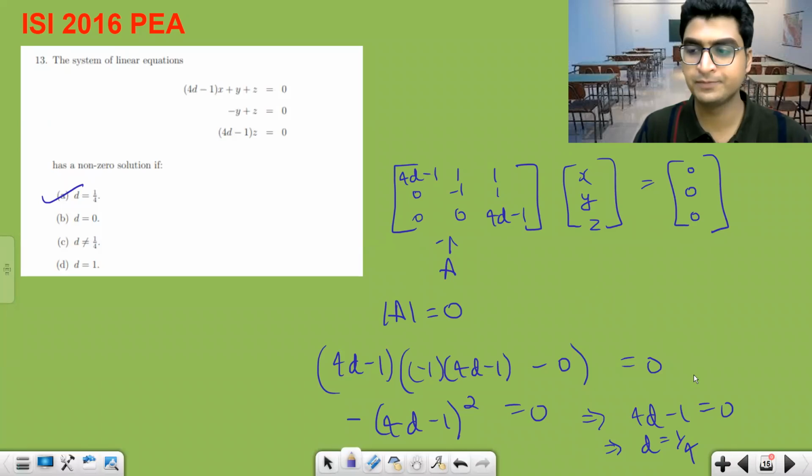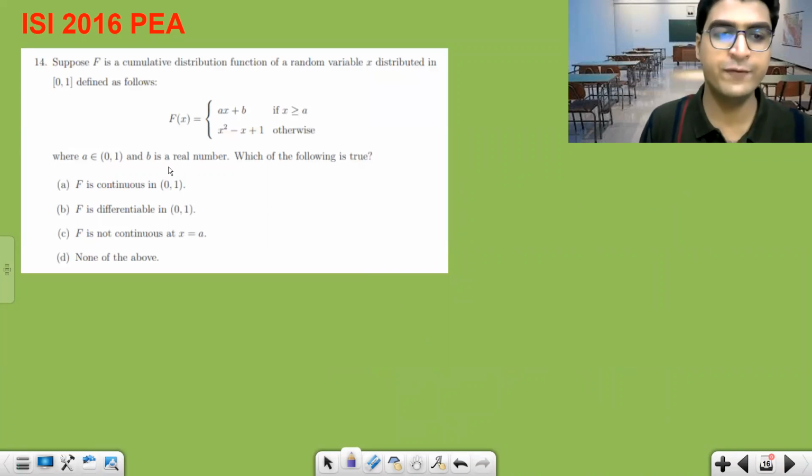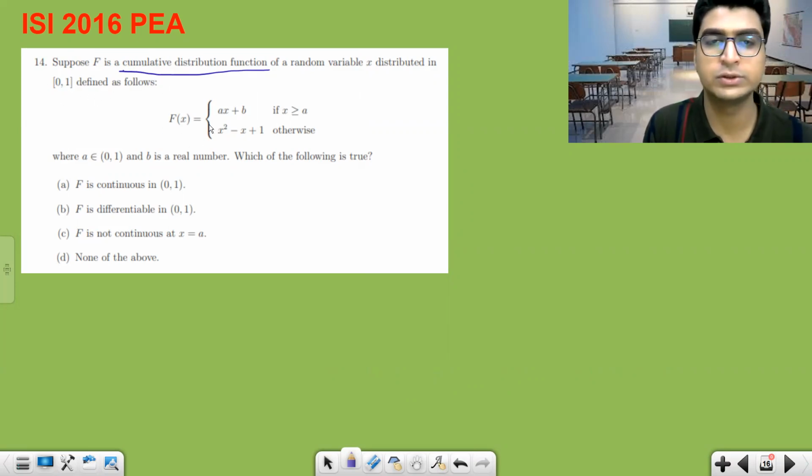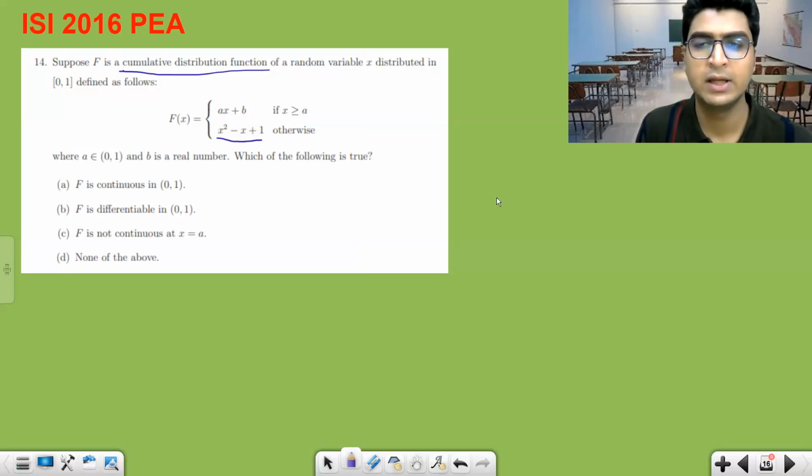So let's move on. Question number 14. Suppose f is a CDF of a random variable x distributed in this range, 0 to 1, defined as follows: ax plus b when x is greater than or equal to a, and x square minus x plus 1 otherwise. Now notice that if this is part of a CDF, x square minus x plus 1, we know that